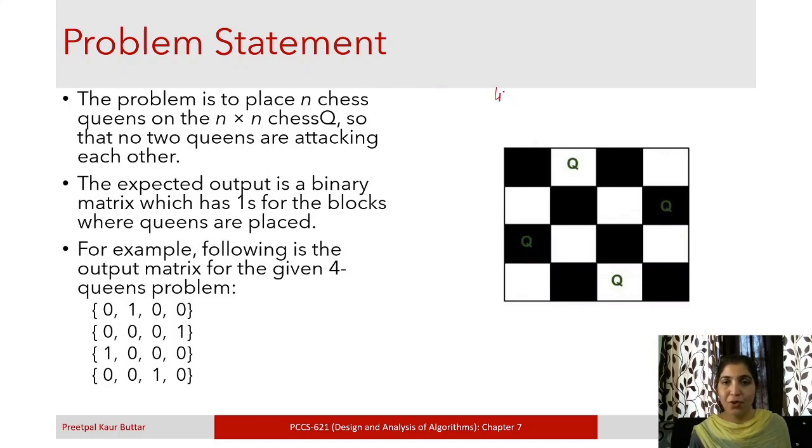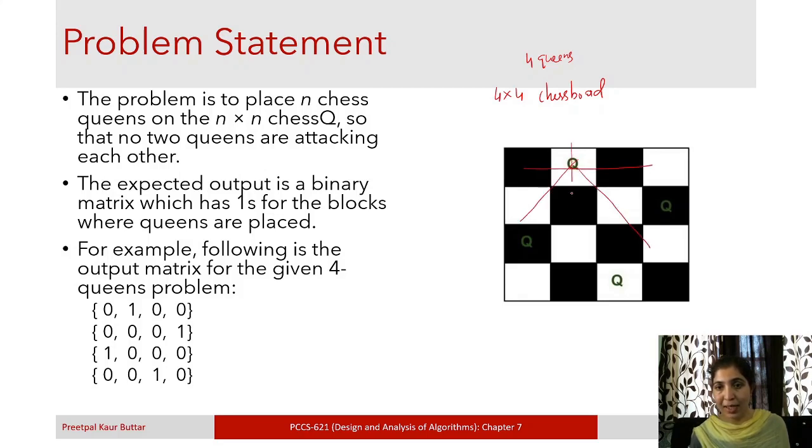This is a 4 cross 4 chessboard. Okay, so here you have to place 4 queens, and those queens should be placed in such a way that no queen is attacking any other queen. And if you see here, you can verify yourself that no queen is attacking any other queen. Okay, so if you look at this queen